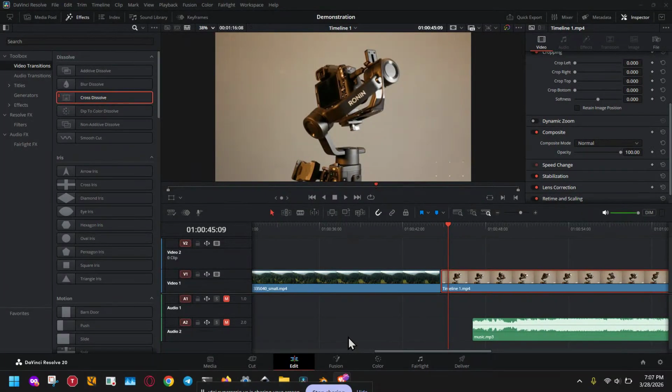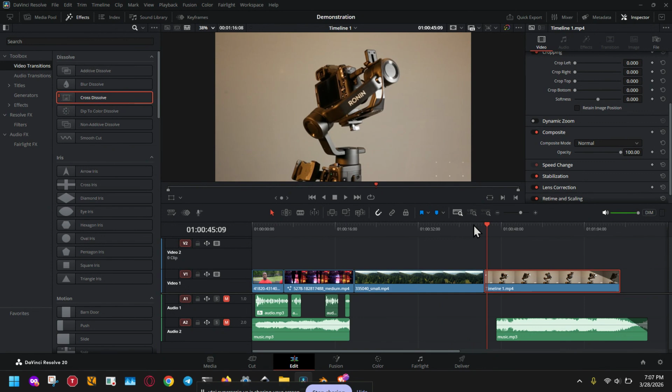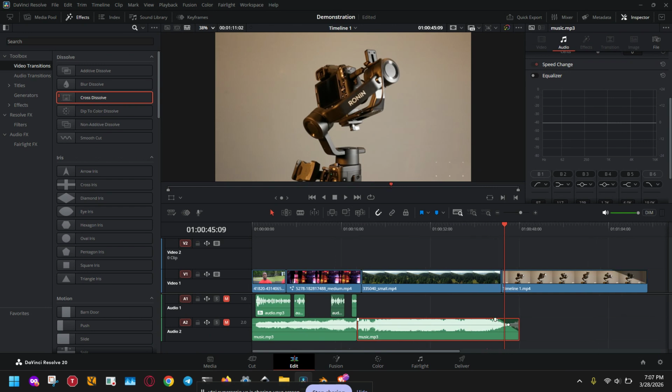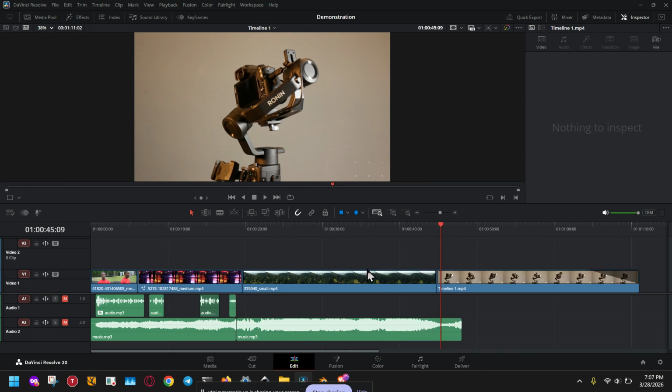In this video, I'm going to show you how to add media files in DaVinci Resolve quickly and the right way, whether you're importing video clips, audio files, or images. If you're just getting started with DaVinci Resolve, this is one of the most important first steps before you can begin editing, and by the end of this tutorial, you'll know several easy methods to bring your files into your